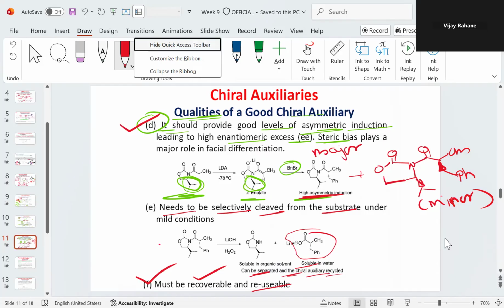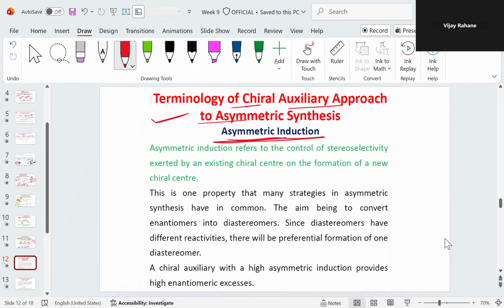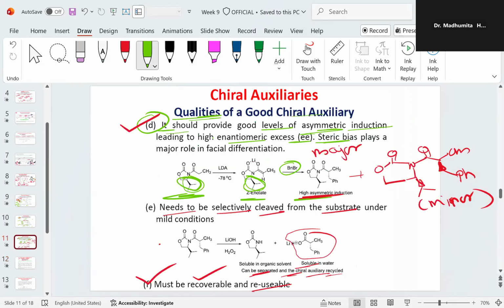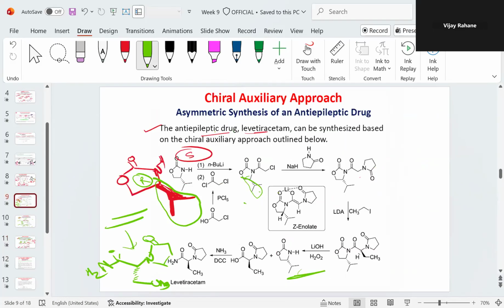So I have taken a few concepts here, mainly which we are going to use day to day in asymmetric synthesis. Basically, the first important term is asymmetric induction. And if you look at the example that I have shown here, this step involves the asymmetric induction. What is the asymmetric induction here? Basically, this incoming electrophile has been selectively attached to the substrate